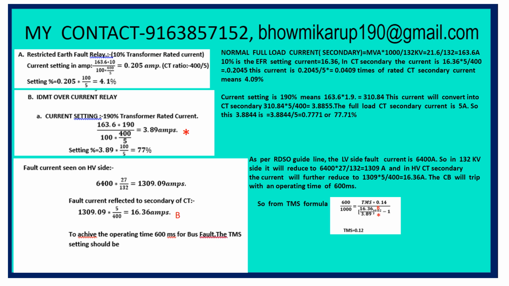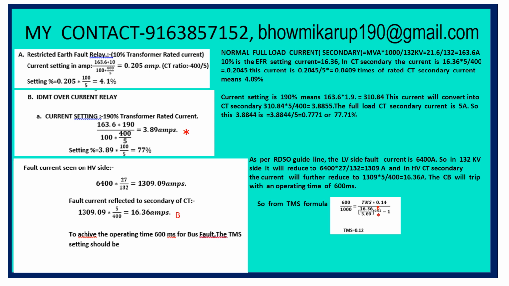The ratio is 400 by 5, but as the current will reduce in the secondary for the use of relays in the panel board, 5 will be multiplied and 400 will be divided. So it is coming around 0.2045